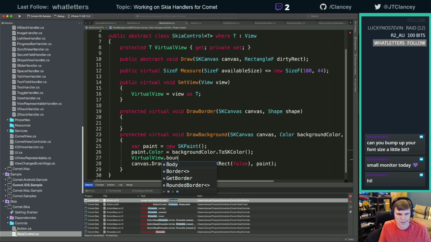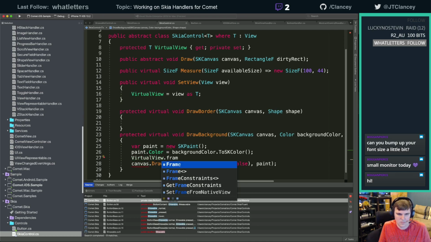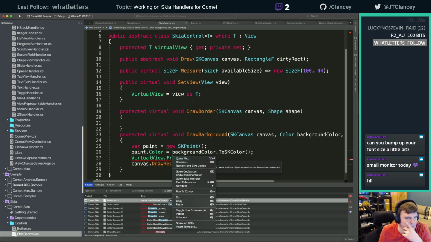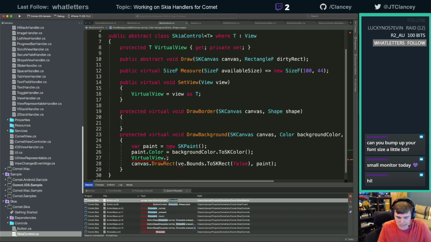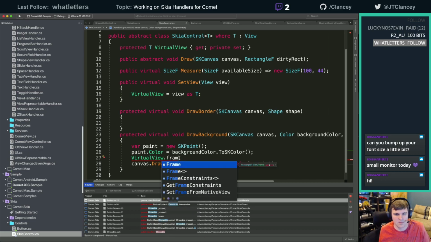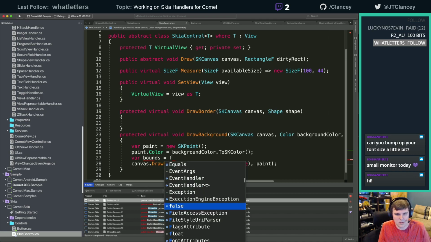Virtual view dot bounds, no dot. Do we have frame versus bounds? Not yet. For now, we're not going to do the full frames. We're going to say var bounds equals